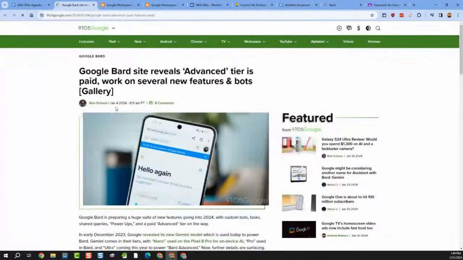Now, heads up, this is from 9to5Google. This is not an official Google release. This is a very good blog, though. I read them all the time. They're one of the many Google-adjacent blogs that I read. They do a really good job of sharing information, and I believe what they're sharing here makes a lot of sense,